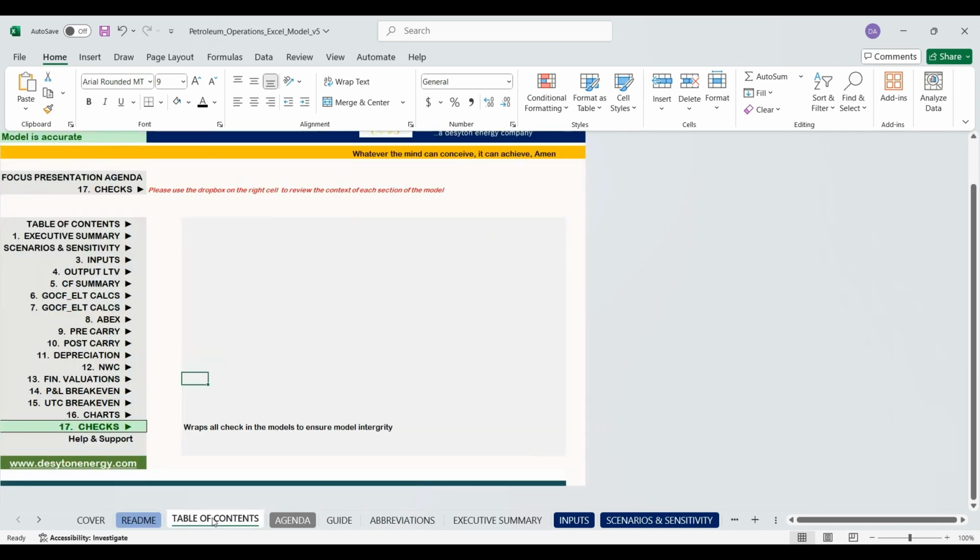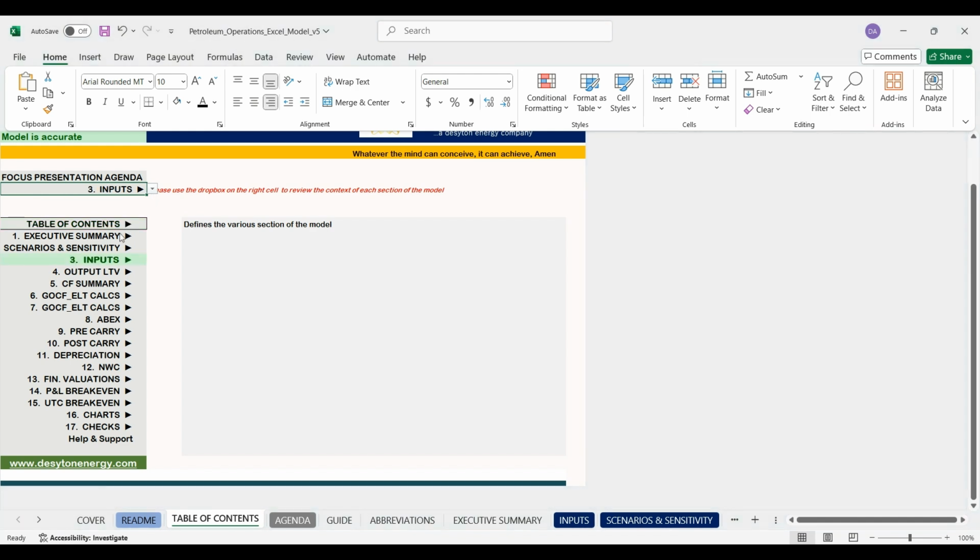I'll go straight down to addressing the key content of the model. The model first addresses some key high-level understanding of the project's table of contents, which is presented before you, that addresses the key sections of the model. It goes ahead to provide an executive summary that addresses the model key results, sensitivity analysis and scenario planning,